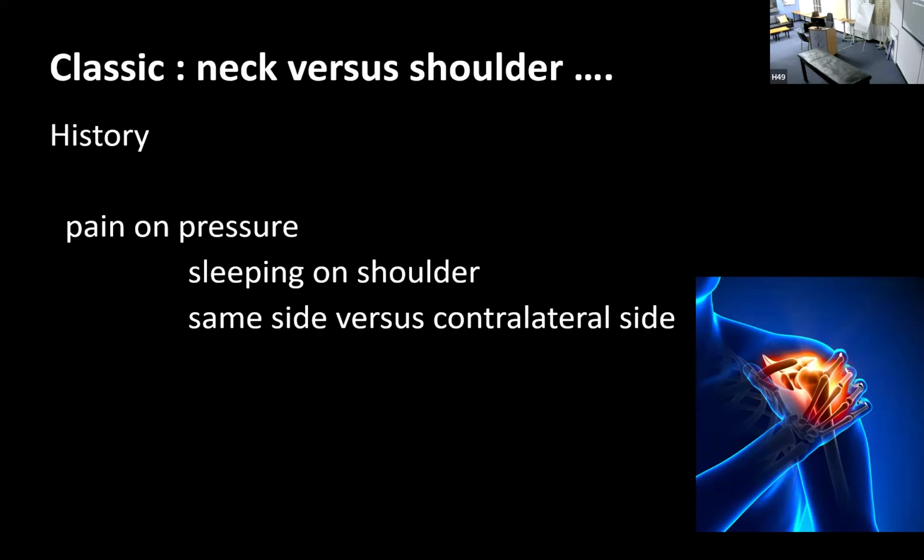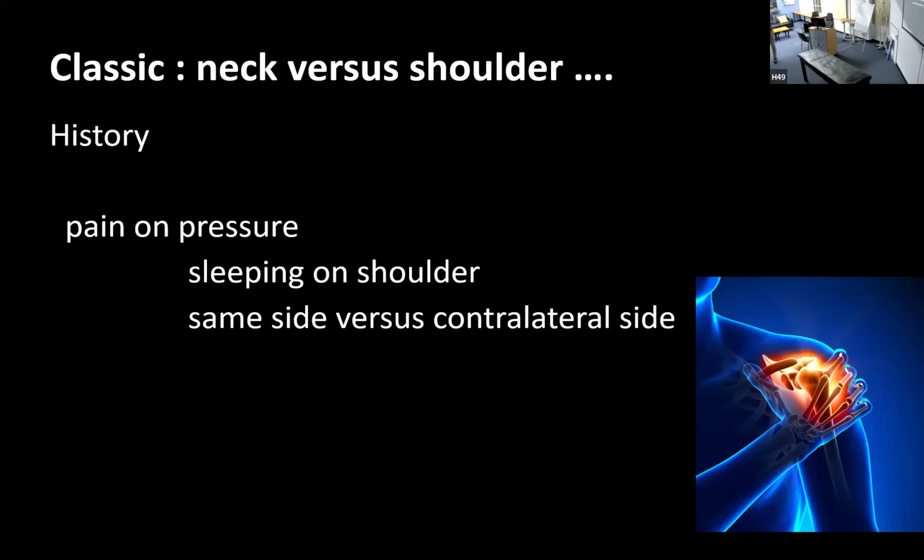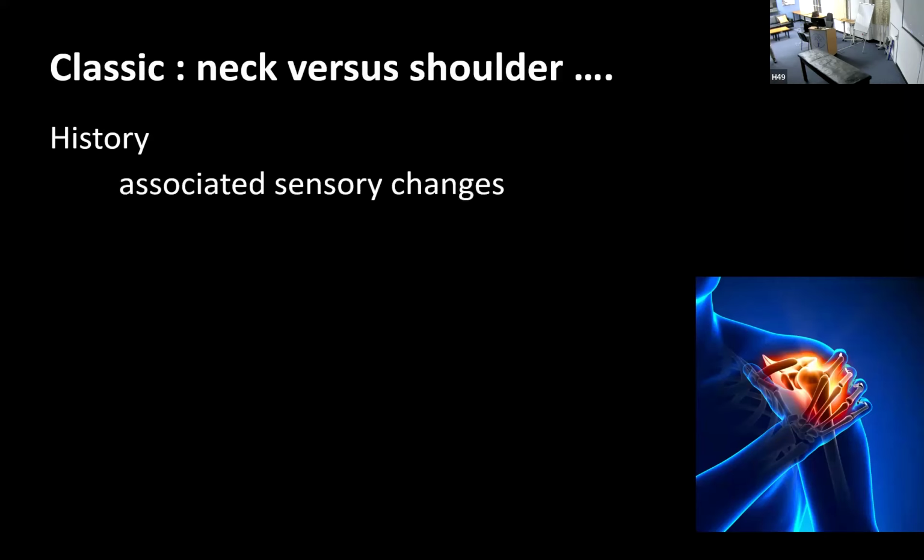It's the other thing I forgot to do, sorry, is a Spurling's test. So the Spurling's test is when you just take the head back slightly, apply downward pressure and push. I don't like doing it, I must say. I do it for the registrar training, but patients don't like it. They come with pain and you push it down and cause arm pain. But if you're unsure, you can take the head back and it gets pain down the arm. So ipsilateral pain when you sleep, usually shoulder, contralateral pain, usually neck. Obviously, the neck usually has